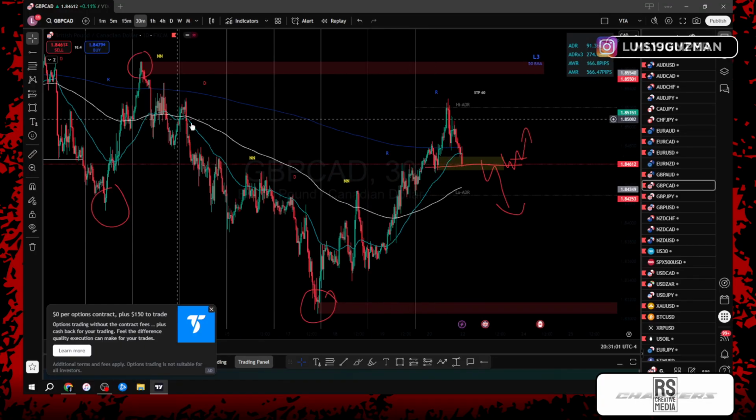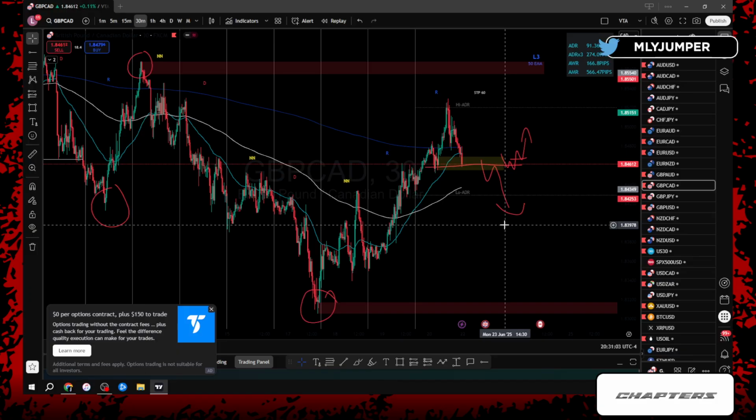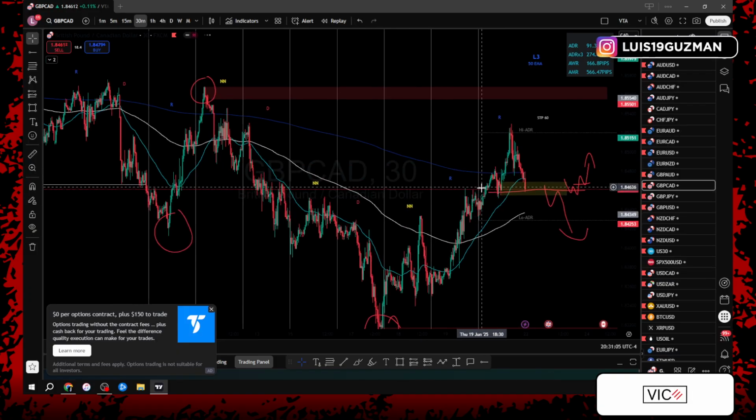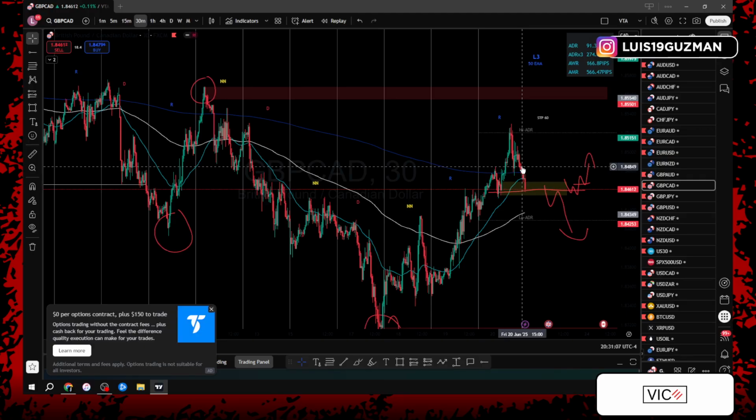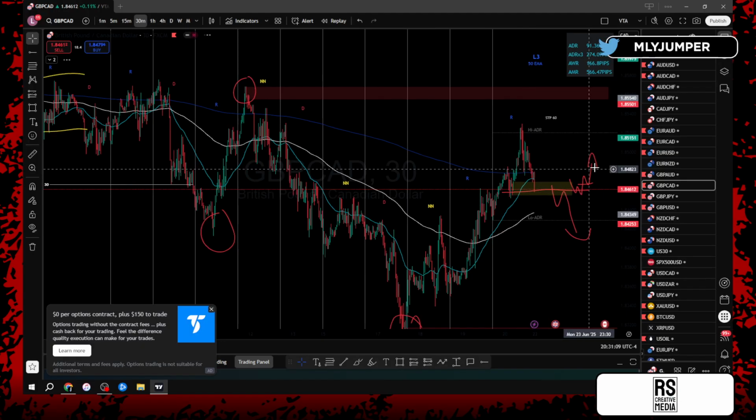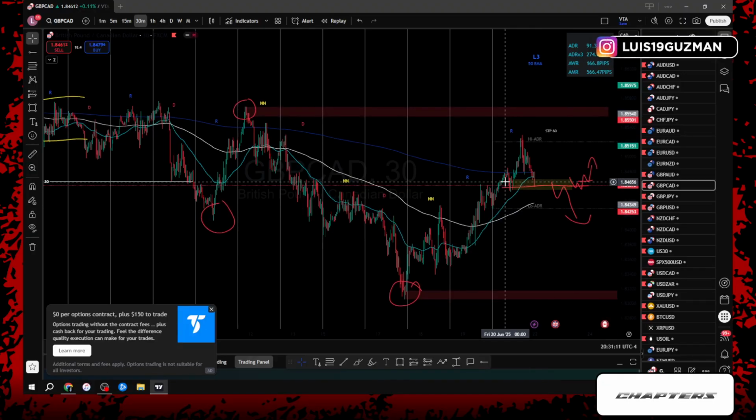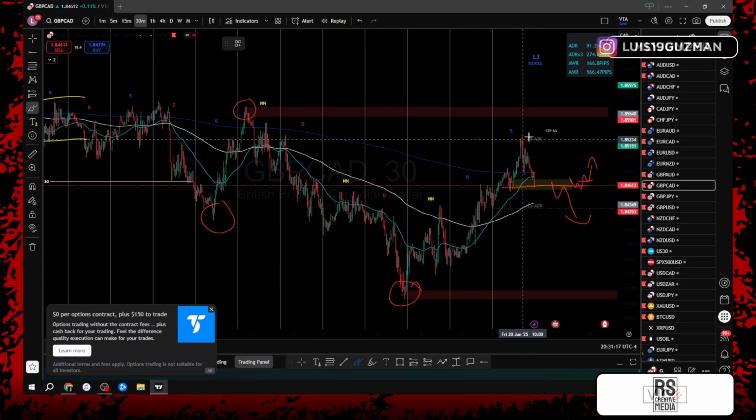Yes, but market structure is king. Why would the market makers break above the 800? For exactly that same reason, the EMA traders, to fake them out. Right? Because the market makers need a win. At the end of the day, when you're looking at market structure, you're still trading lower lows and lower highs.